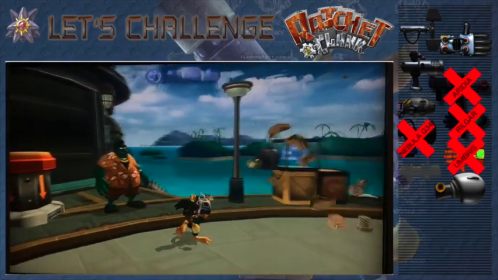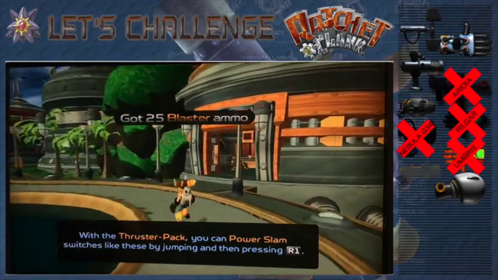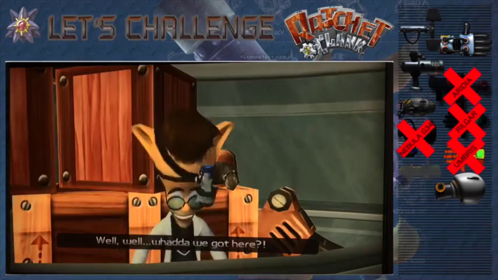Okay, well, let's get this health, first of all. With the cluster pack, you can power slam switches like these by jumping and then pressing the...